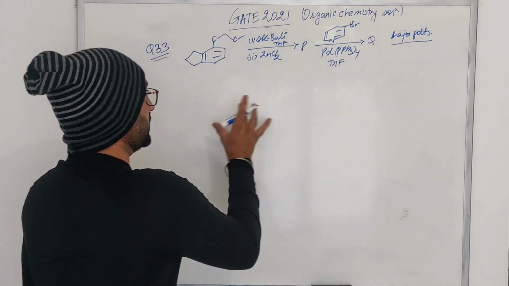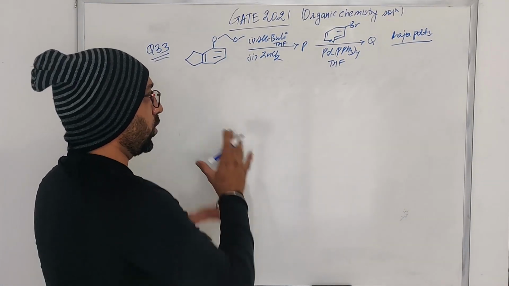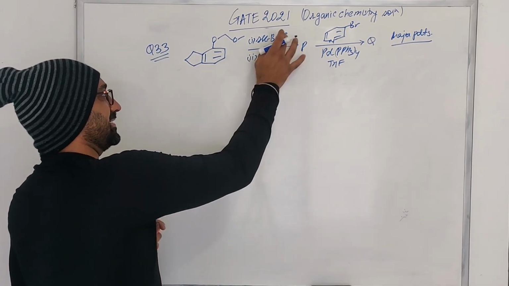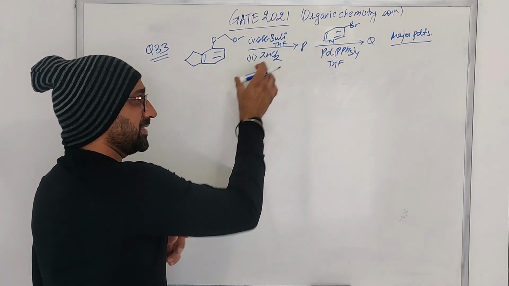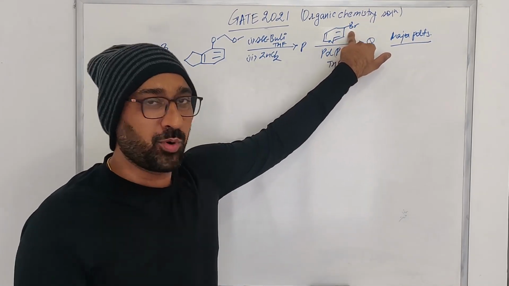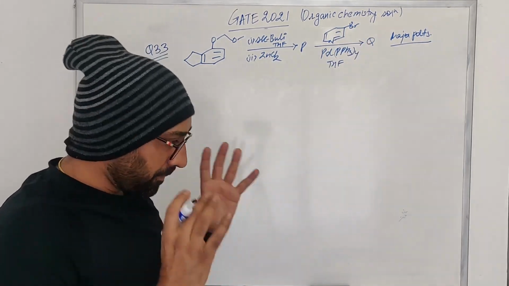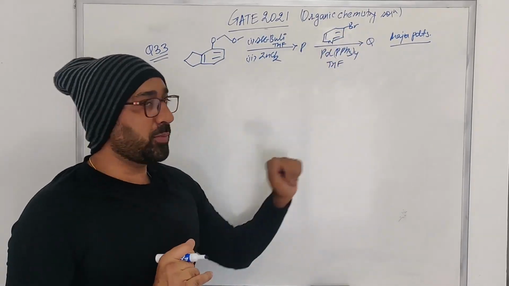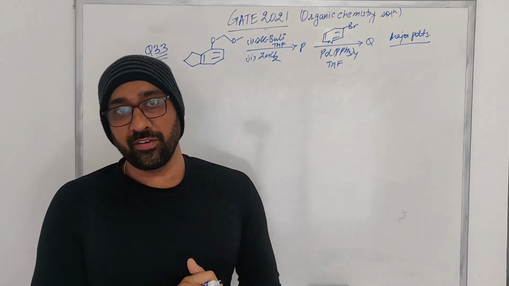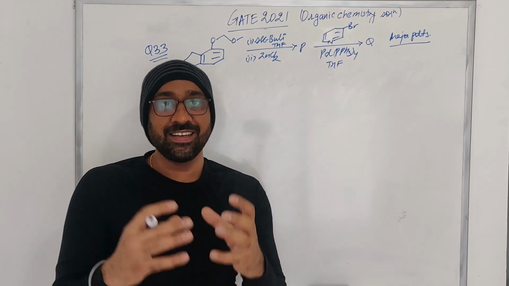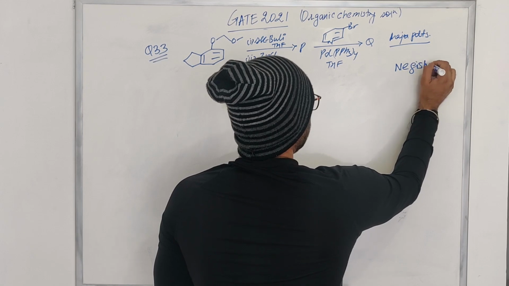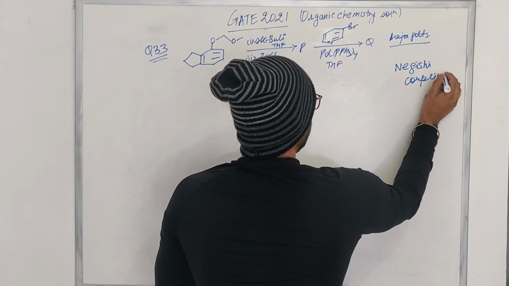Let's look at another problem which was asked, which is question 33. Looking at this problem, you can clearly imagine a lot of possibilities. What you have is that you are treating this particular compound with sec-butyl lithium followed by zinc chloride to get some sort of an intermediate which you are treating with an aryl bromide, and you have a palladium catalyst. Since I have a zinc here and an aryl bromide and a palladium catalyst, I can clearly imagine they must be talking about some sort of a metal catalyzed coupling reaction, and we know that the coupling reaction of organozinc is called the Negishi coupling.